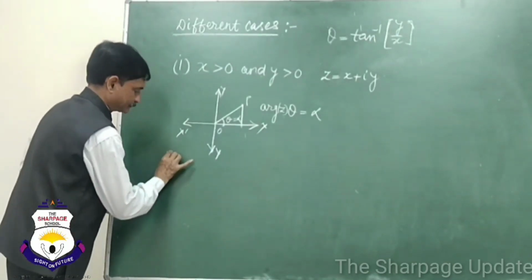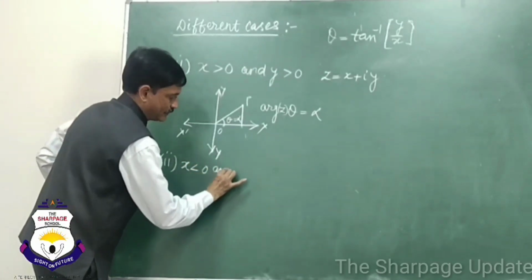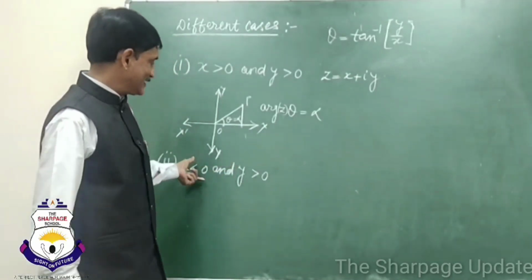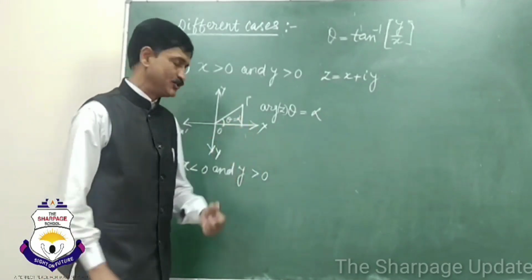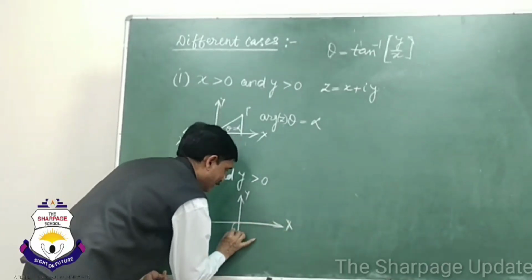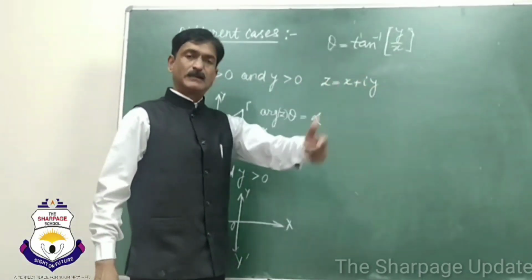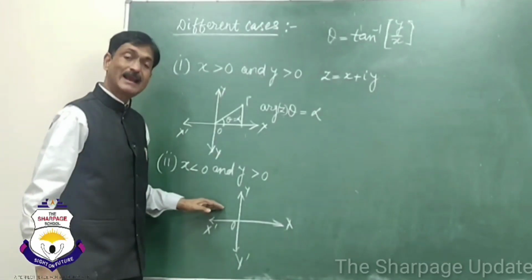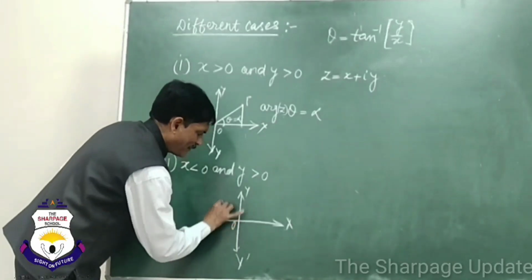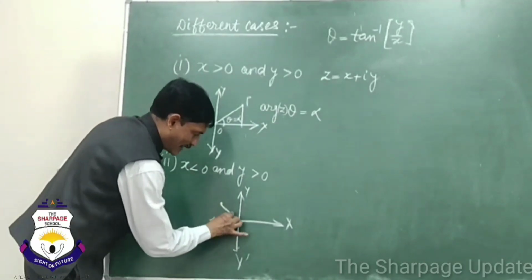Now second case, if x is less than 0 and y is greater than 0. In this case, since x is less than 0 and y is greater than 0, the point P representing the complex number z equal to x plus iy will lie in the second quadrant of this argand plane. And let point P be here in the second quadrant, and let OP make an acute angle with